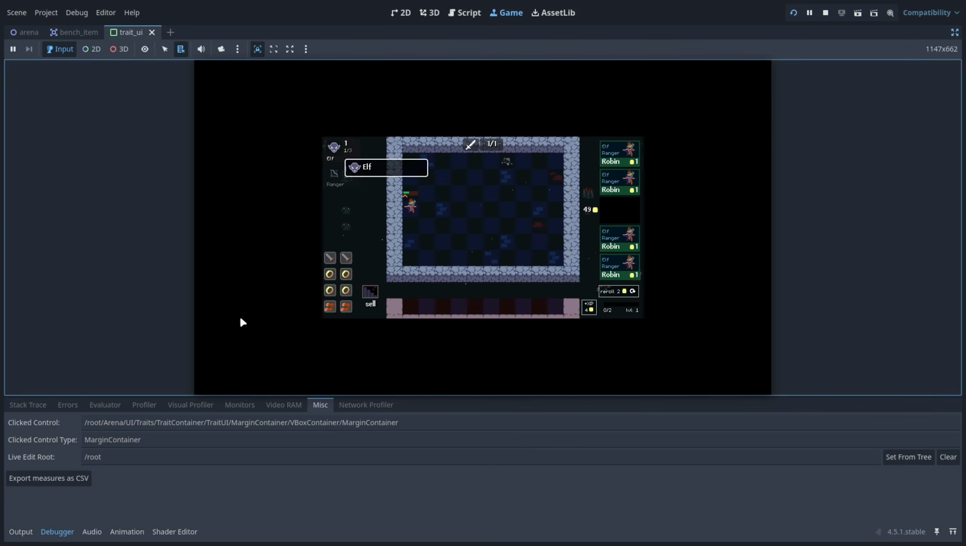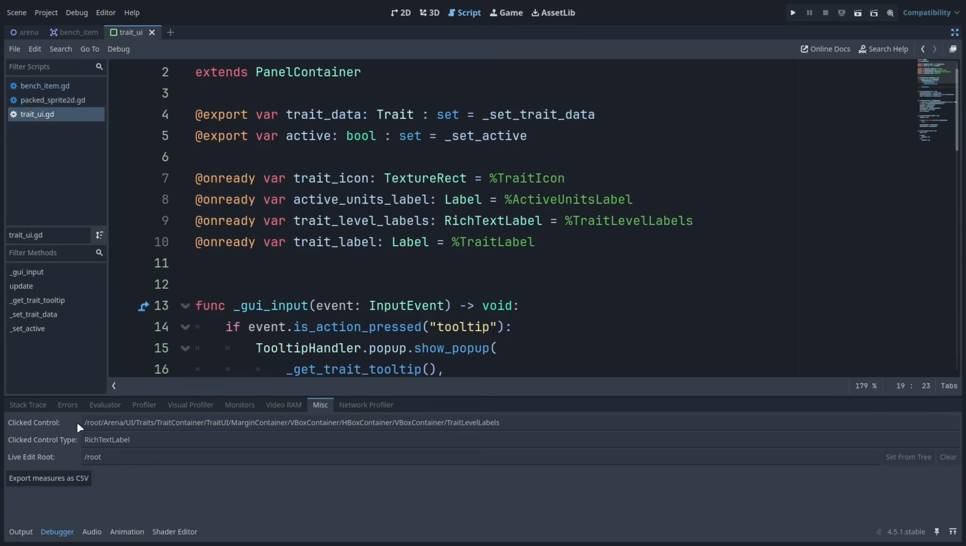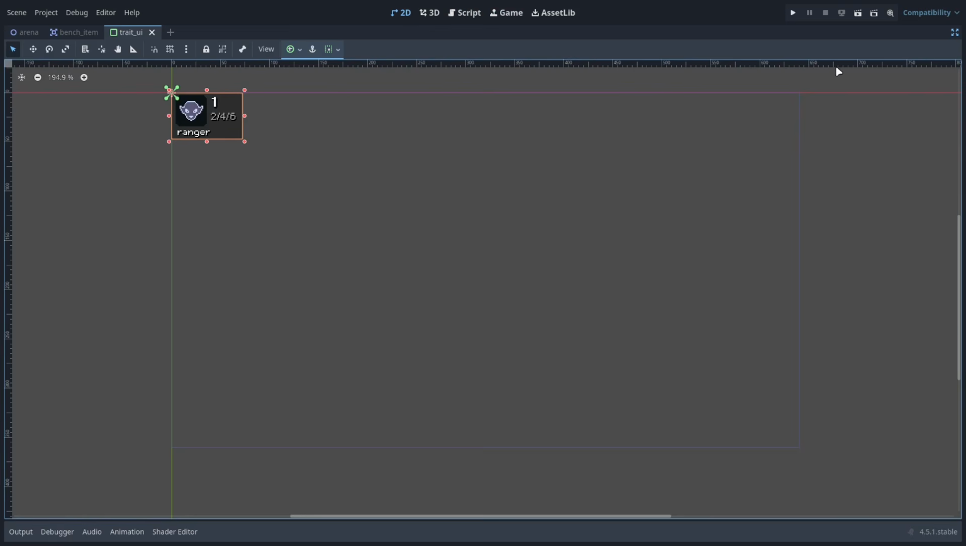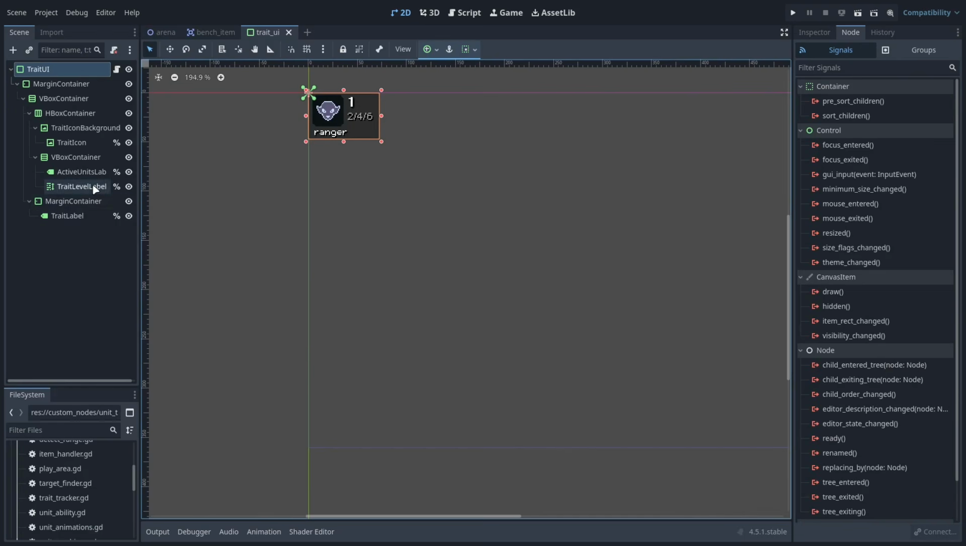So it passes all the way up to the TraitUI, the root node. But when I right click on this number, you see it is the rich text label, which is called trait level labels. And probably the reason why we don't see the tooltip is because it stops propagating the input event upwards. So if we stop the game for now, go back to 2D view and select our trait level label,